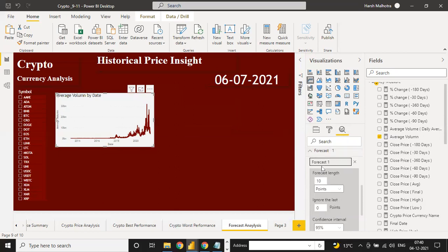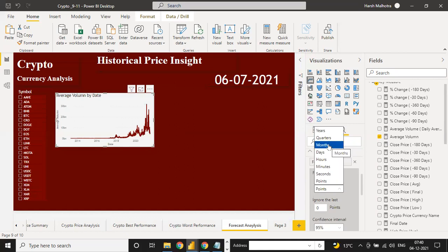Click this add button. So guys, forecast length means right now it's given as 10. But if you're working on a forecast and you need it year wise, month wise, or quarter wise, you can change the option here, like here in points. If you click here, it is year, quarter, month.